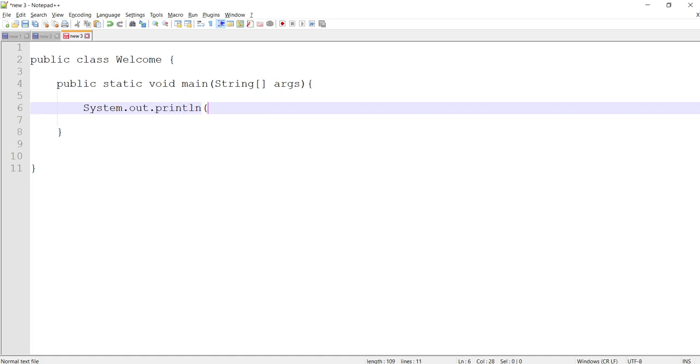Println is a new line printing command. In this method, I'm printing "Welcome to command line execution for Java". We need to keep a semicolon to denote the end of the line, and we need to save this file.